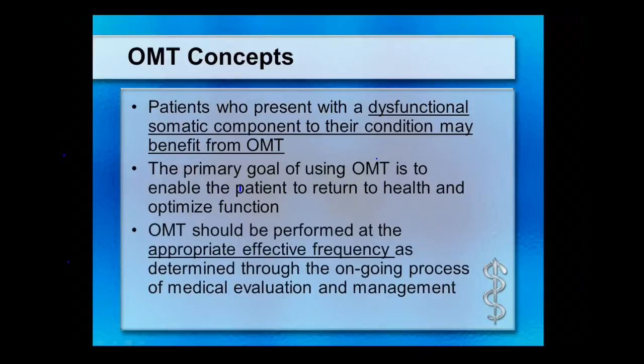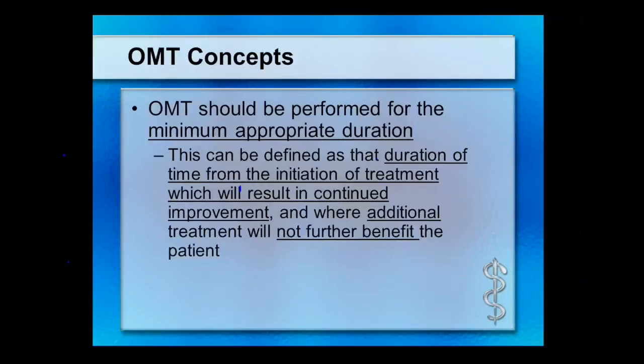So appropriate frequency: you don't want to go in there and treat them too often, but you want to make sure you treat them enough, and that comes with, obviously, experience. So the duration, you want to make sure that they're continuing to improve, but also at a certain time, like when a patient gets moved over to the swing area, when they're in acute care and they get redesignated as a swing patient, we usually back down our treatments to every other day, primarily for the cases that have already made improvements. You know, continuing to see them every day may not necessarily bring benefit to dysfunction,